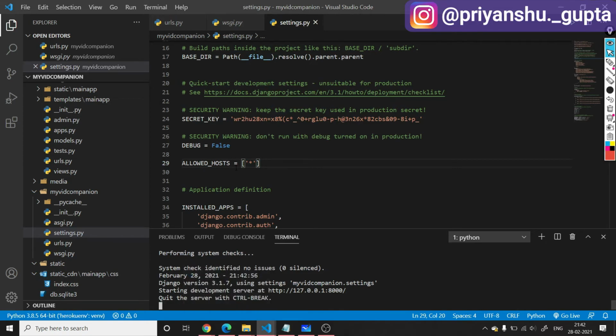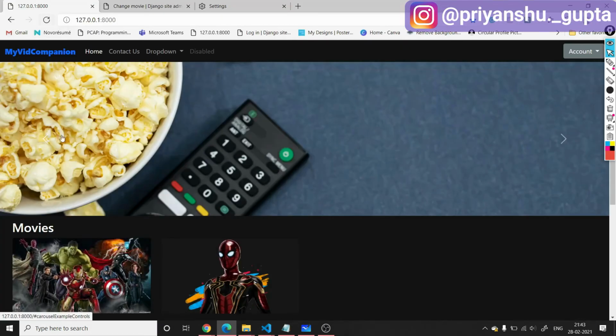So basically this ALLOWED_HOSTS means the endpoints with which you allow your Django application to be served. You have to provide here all the domains or the server IP address. So if any client tries to contact your Django application through that IP address or domain, then Django will allow those users to interact with that web application. Otherwise it will block all of them. So now if I refresh this page, you can see all our media files are there as well as static files.